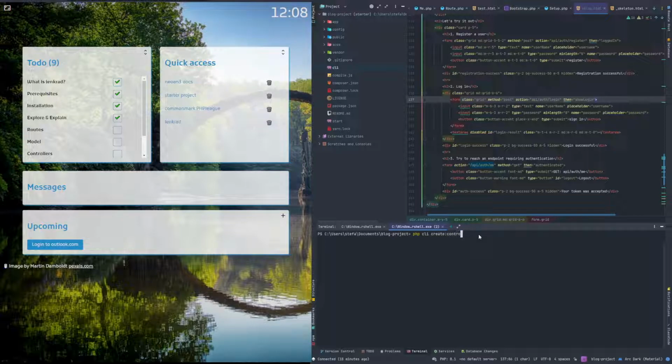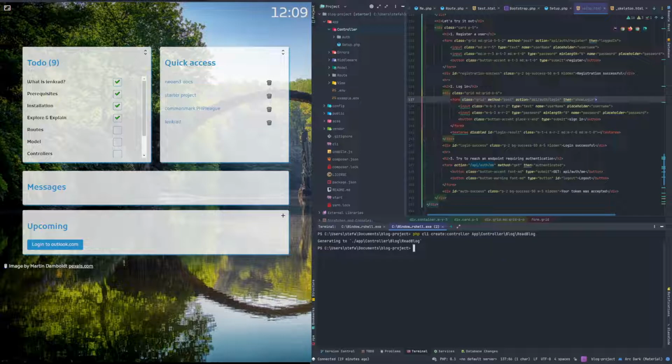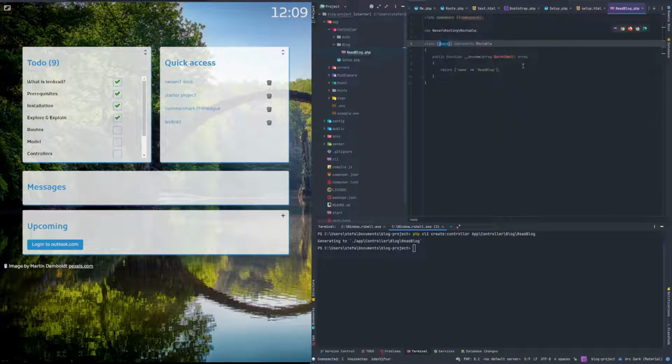create controller, and then we're going to just go with the PSR namespace. So in our case, we want to have it in app controller. See, this is how it's named, controller. And in here, I want to have something like blog, and then read blog. Okay. So as you can see, oops,